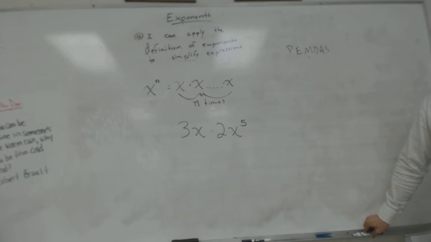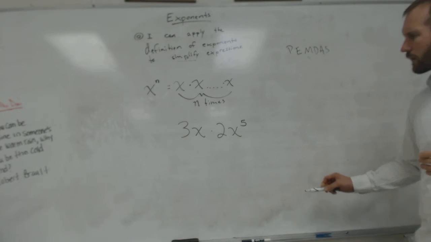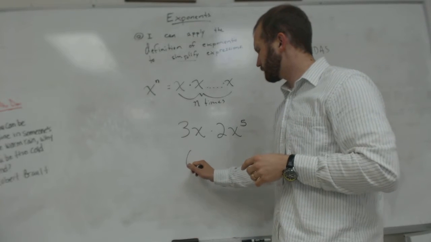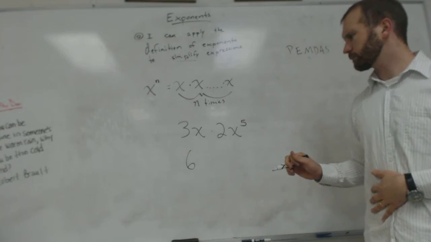What can you do with 3x times 2x to the 5th? Multiply 3 times 2 is 6. Nice. And then